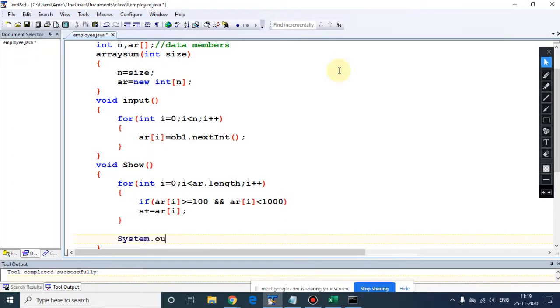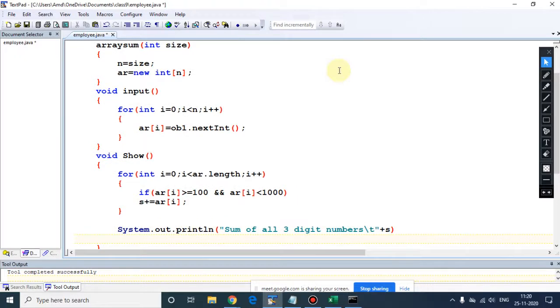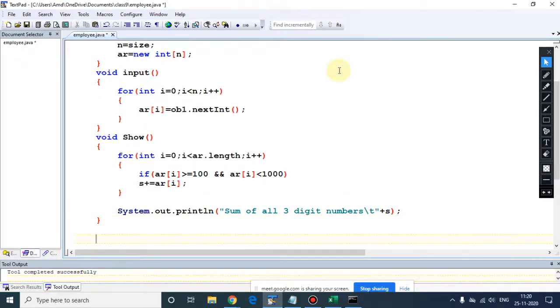After that we need to print that is your S. I hope these things everyone is getting easily. Number of times we have done this type of things.